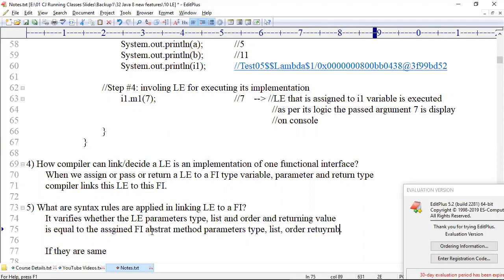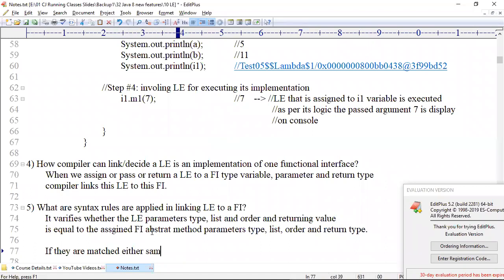Return type is also considered. Returning value must be equal to the return type. Parameters type, list, order and return type: if they matched, don't say same, say matched. What is the meaning of matched?